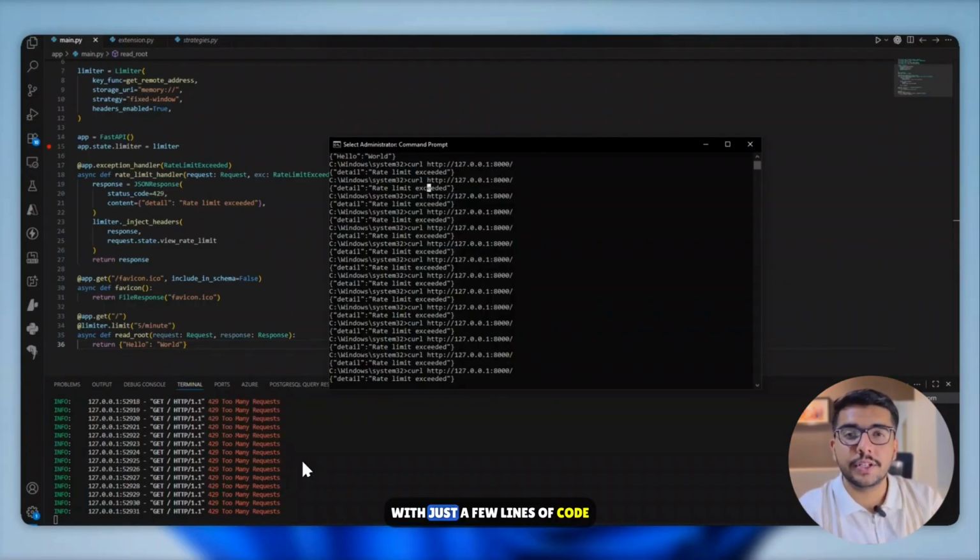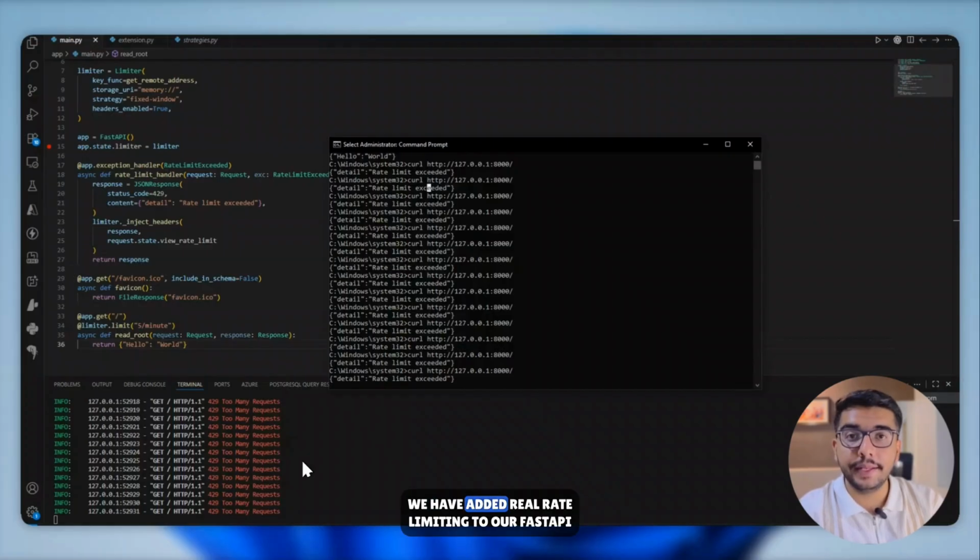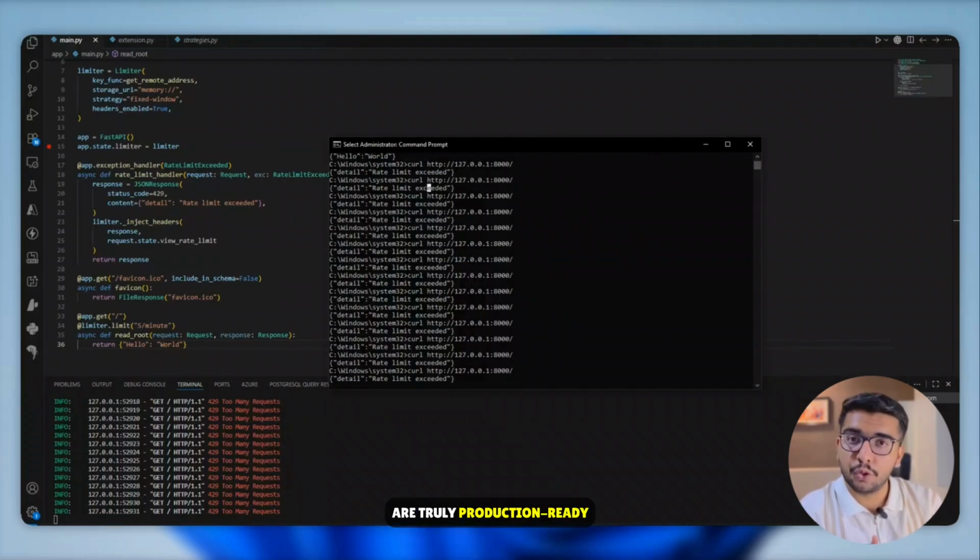And that's it. With just a few lines of code, we have added real rate limiting to our FastAPI application. This small change can save you a lot from production issues later on. And in the next video in this series, we are going to keep building on this foundation. We will cover authentication, caching, database optimization, and everything else you need to build FastAPI applications that are truly production